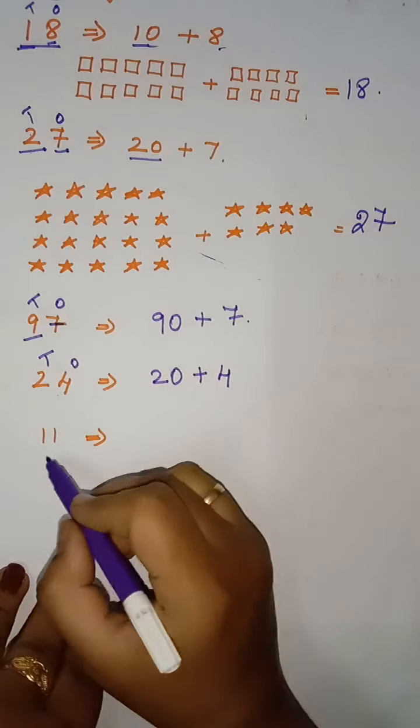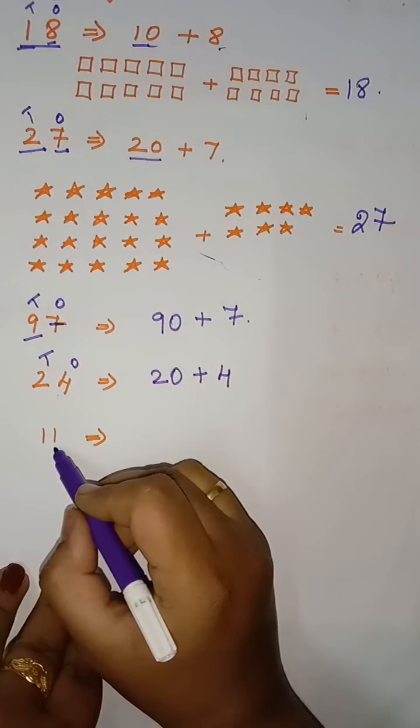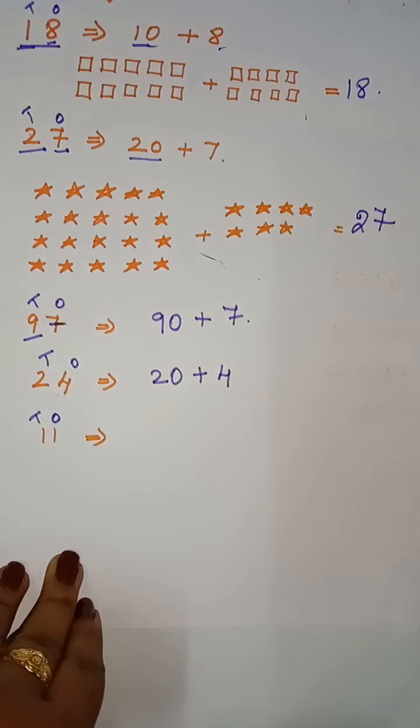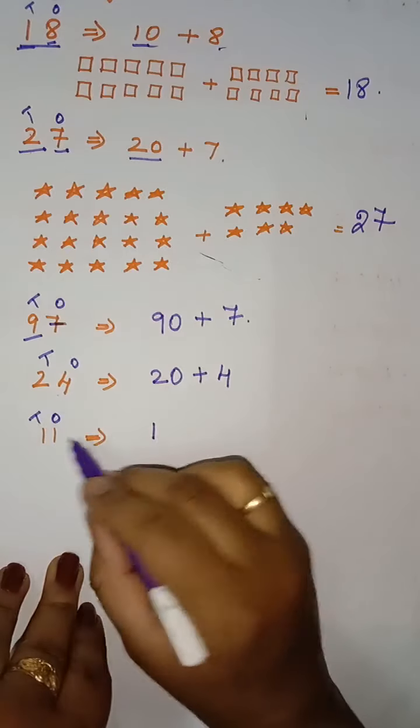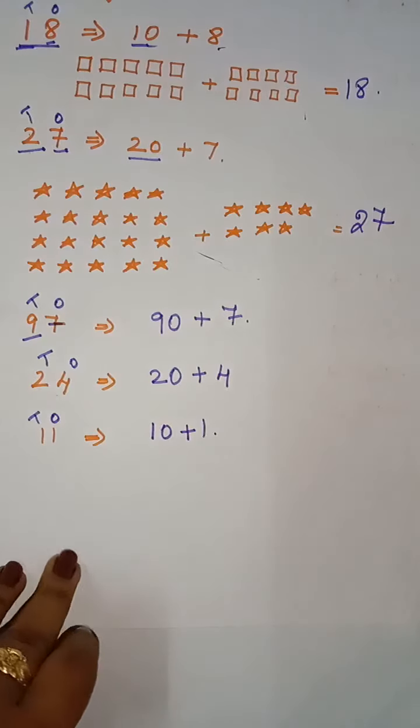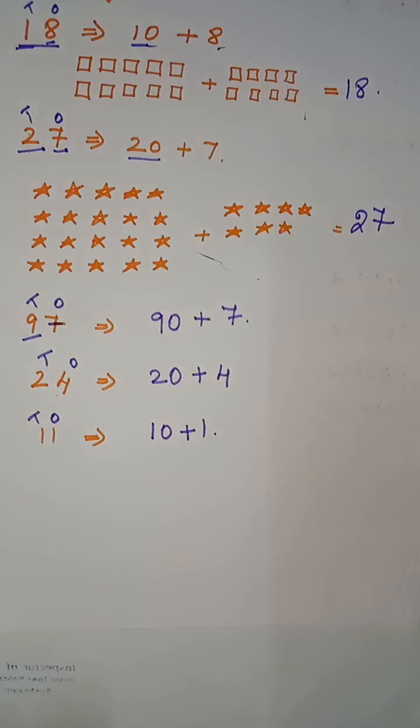Okay, next here 11 they have given. So first place value. So ones, tens. Now first digit, and for tens it is 0 and lastly it is 1. Clear? So here we have learned the expanded form by using 2-digit numbers. Next we can learn by using the 3-digit number, 4-digit number and more.